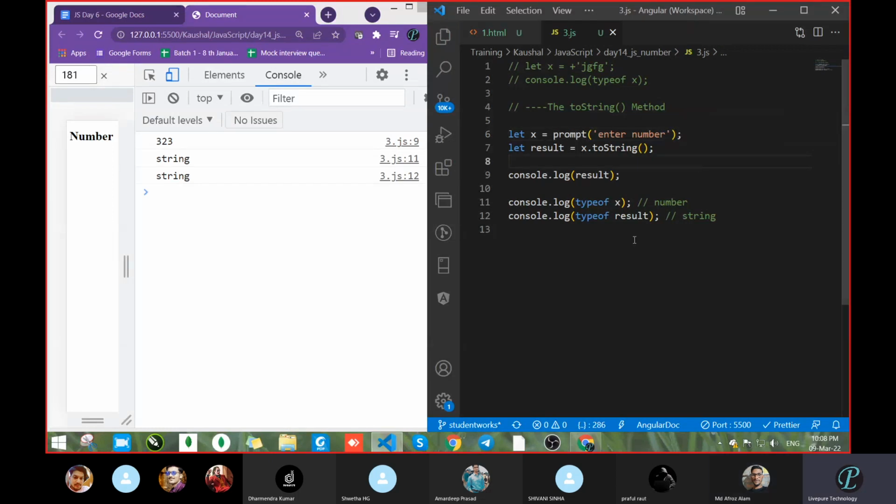So if you have to compare, suppose you are going to compare data that you get from the user, do one thing. Let's do some operation here.